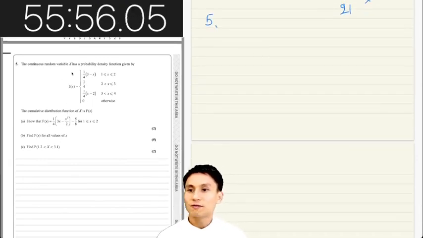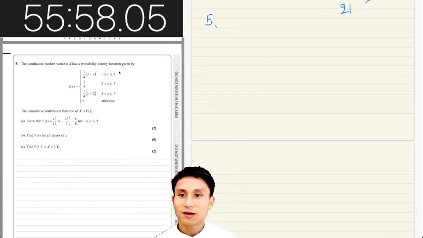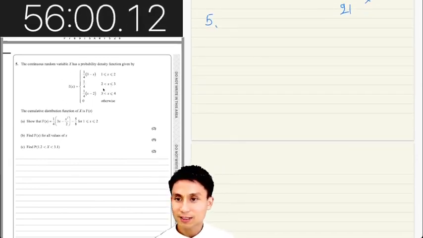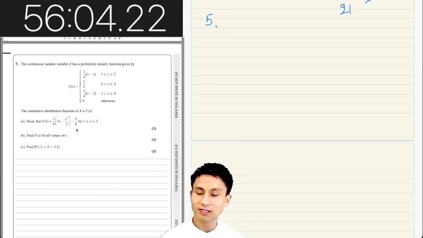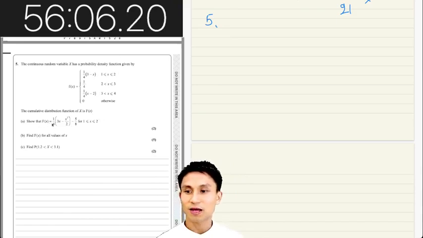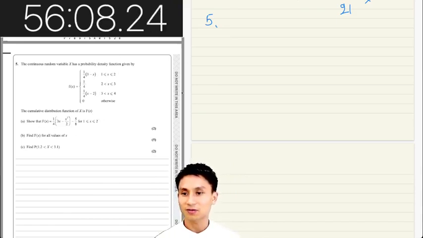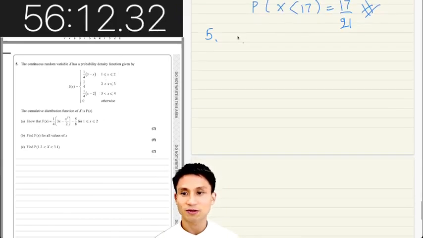The continuous random variable x has a probability density function given by that. The cumulative distribution function of x is capital F of x. Show that capital F of x is that, for 1 to 2. Okay. So we're just going to have to